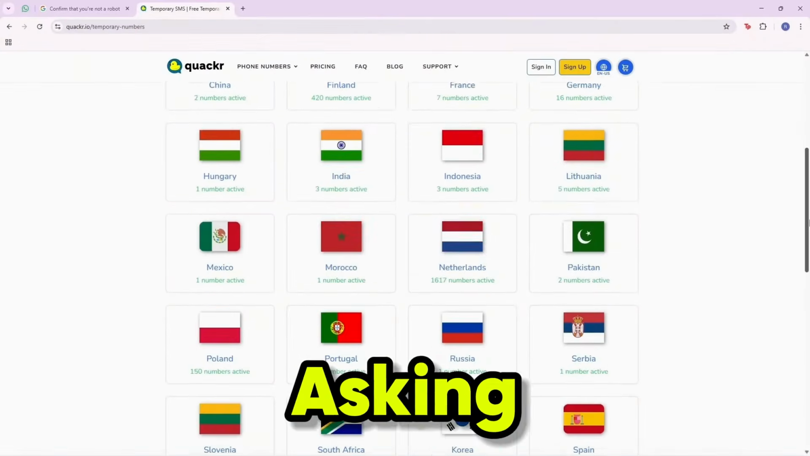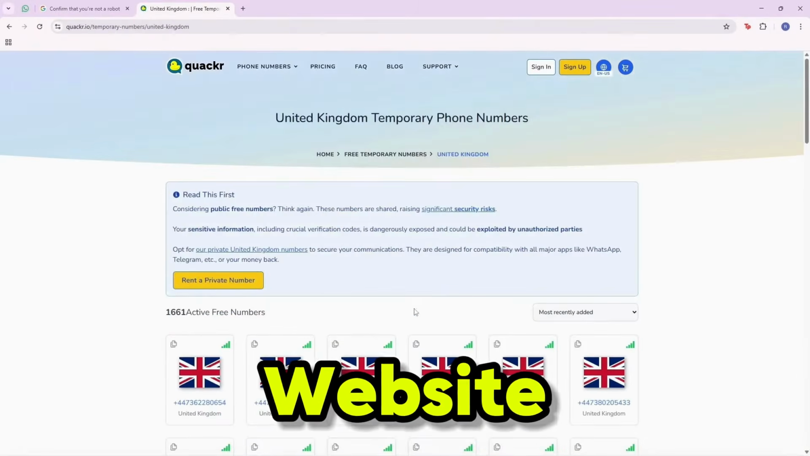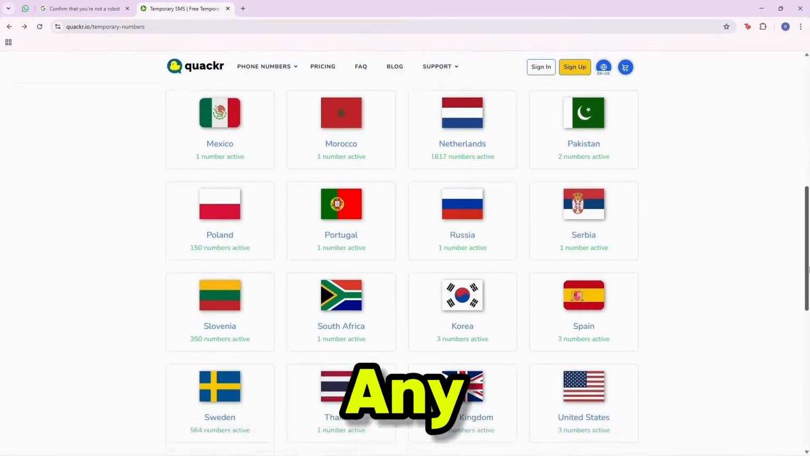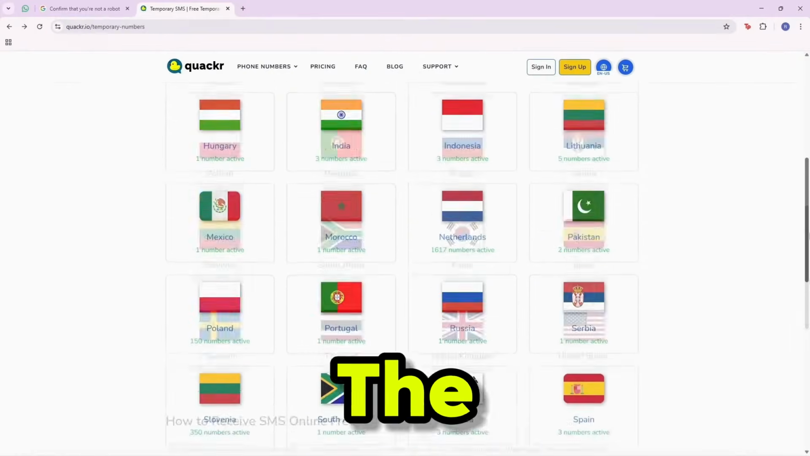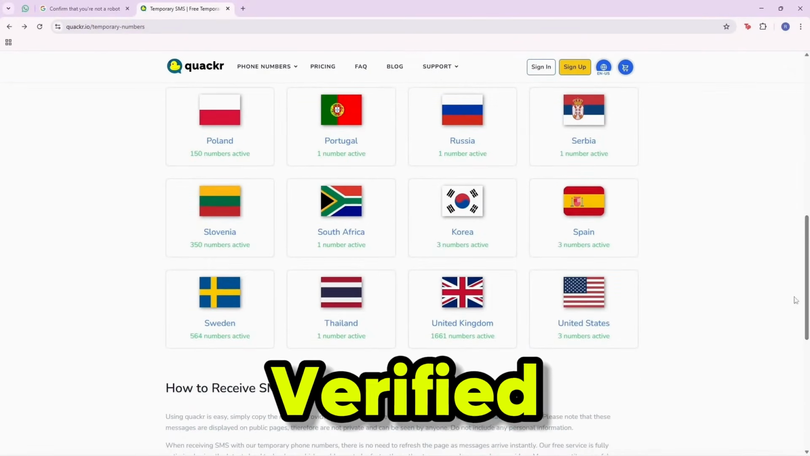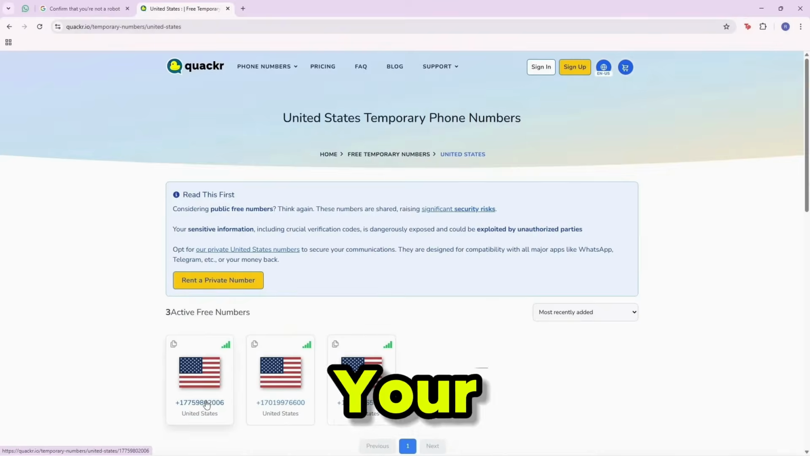In case it is asking for the verification of a phone number, what you can do is navigate to a website where you can find free phone numbers for the verification. Copy any of the phone numbers, paste the phone number, click next, get the verification code in the page, then type in that code, and once verified, review all the information and complete the setup, and your account will be